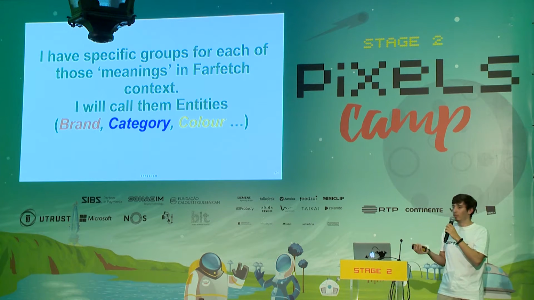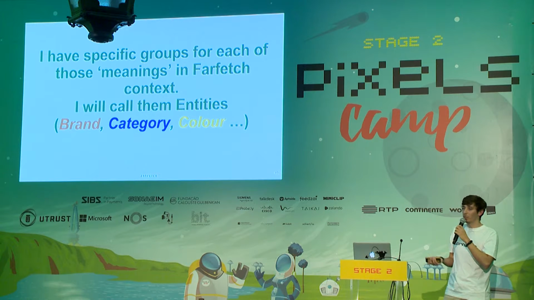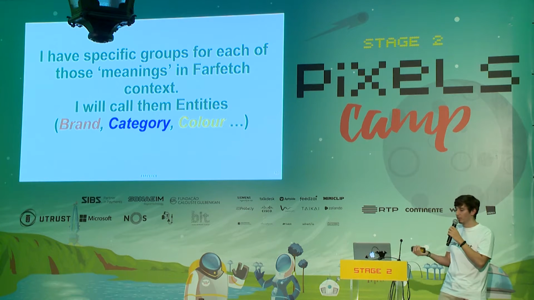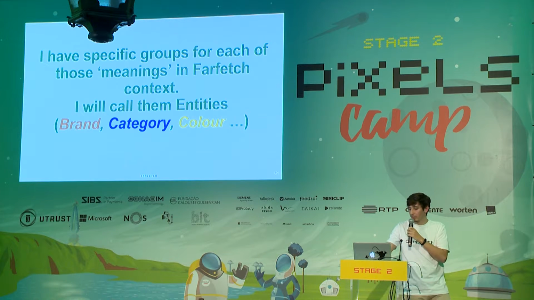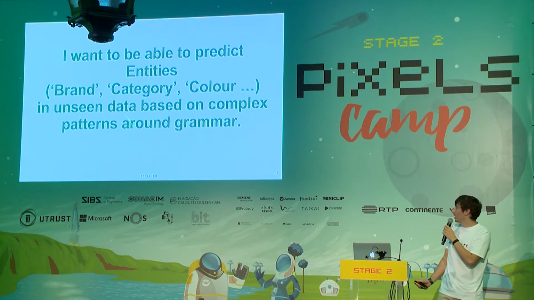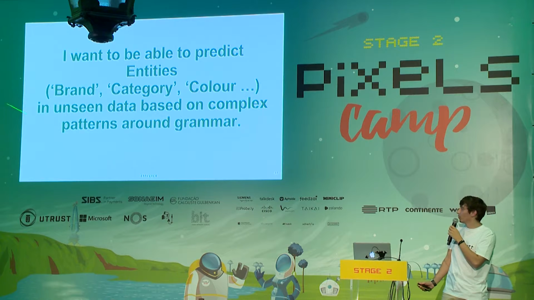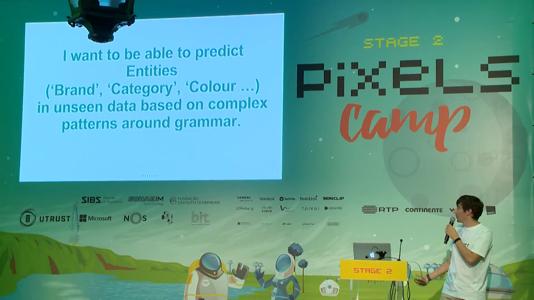So I know at Farfetch that the item has a brand, and a brand is different from a color, and it is really different from a category. And I know those specific meanings are specific to Farfetch. So ideally, I would be able to sort them out in some way, having also in mind complex patterns of